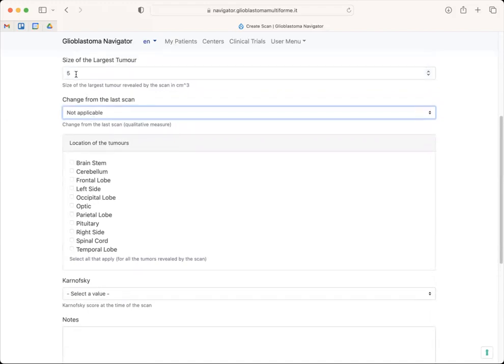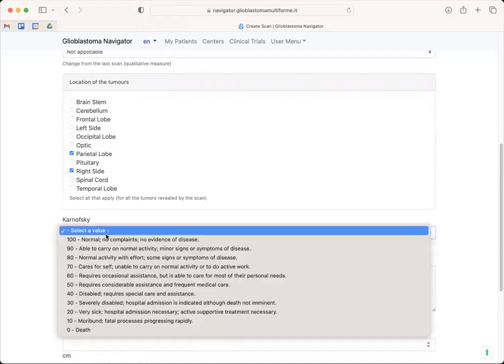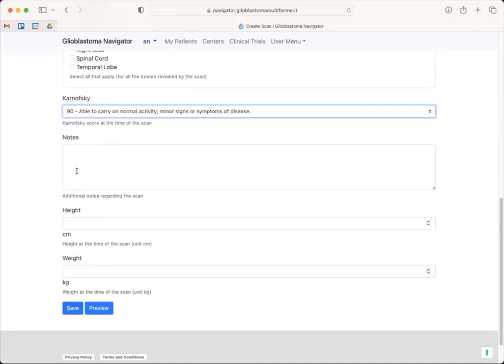So if I have more than one, I can define everything. I can say, for example, parietal lobe, right side. Okay, I define the Karnofsky score, can be again 90, and then notes, and these are optional fields. Every time the system realizes that some mandatory information is missing, you are asked to provide the information. So I save,